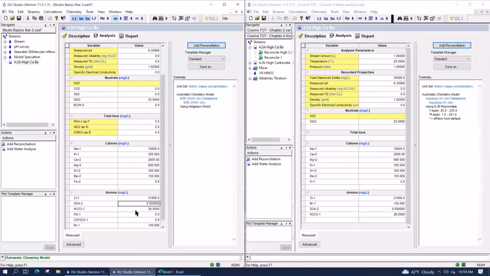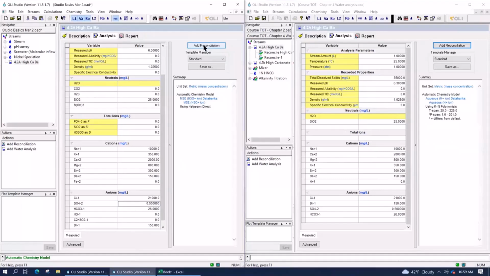So as a consequence of that complexity, we have to actually build in ways of combining material. And essentially, the important part is that combining materials gives us what you call recorded properties and charge balances. And again, let me just jump to the punchline here. We just don't enter a water analysis and then start doing surveys or single points with it. We have to first reconcile it. So the properties that are measured match with the properties that are calculated, or vice versa. Properties that get calculated match the measured properties.